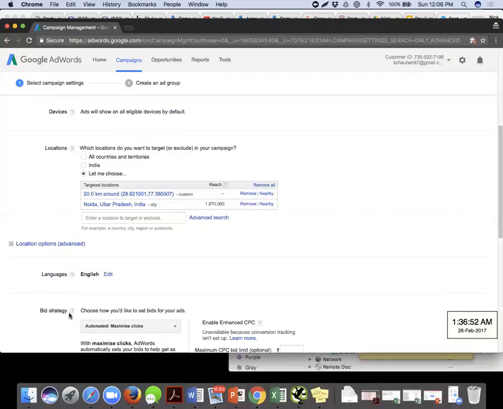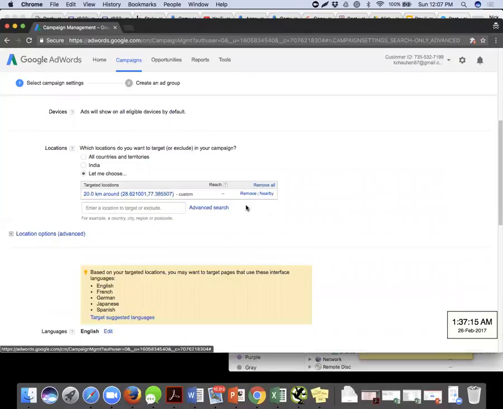Now I can go ahead and remove the Noida one. What I am doing is selecting only that portion which is in and around 20 kilometers of radius, taking this as the central point. Makes sense? Are we clear with all the locations currently? Was it interesting? Right, we can remove the Noida one.